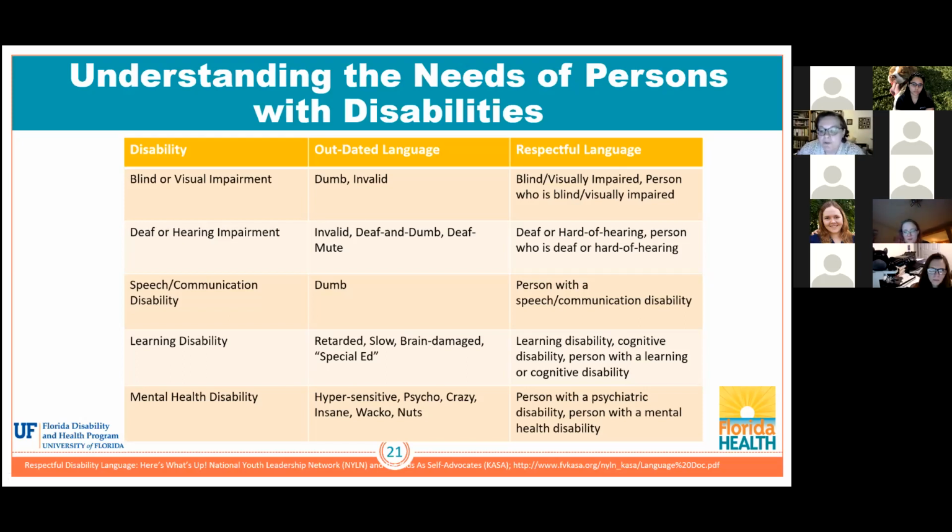Were anything but pejorative. So we really need to move away from those words, even in our general use of language, not even related specifically to a person with a psychiatric or mental health disability. So talking about psychiatric disabilities or a person with a mental health disability is an example of more updated language.